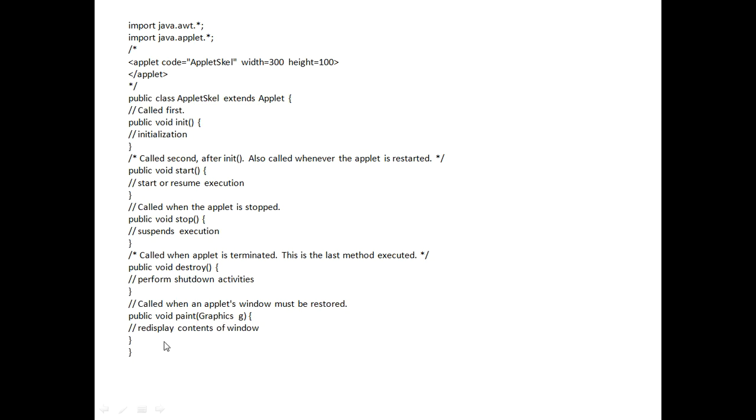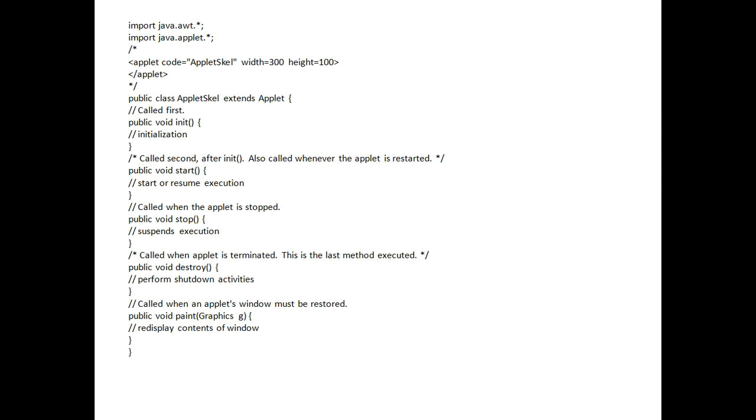And the paint method redisplays the content of the window. So whatever message you want to display inside the applet window, you can display in this paint method, which takes one parameter of type Graphics. So this is exactly the skeleton of an applet.